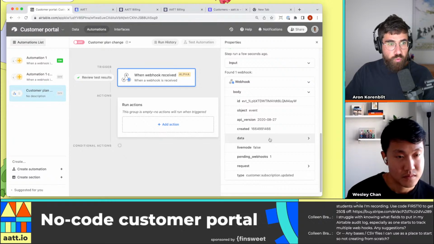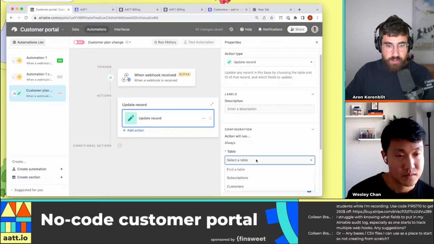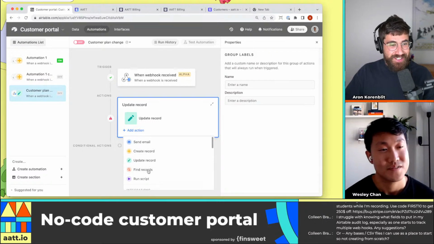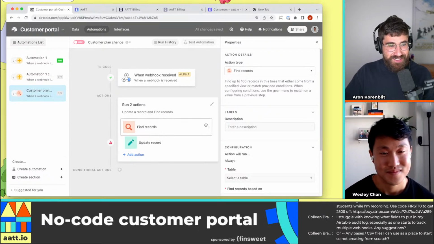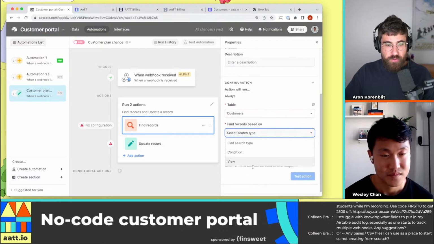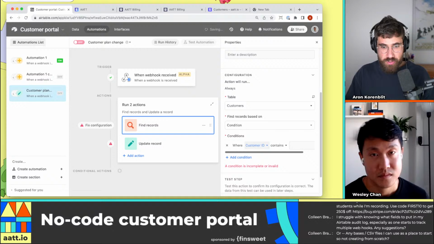What we want to do is update an existing record. So let's update an Airtable record. That's going to be in customers. And then the record ID, we don't have it. So we actually need to find a record first. Let's go to customers and find a record based on a condition, where customer ID